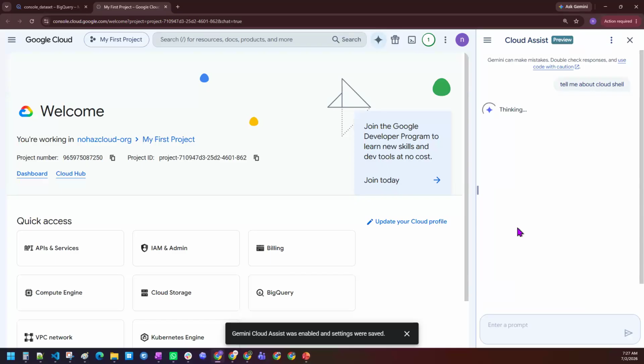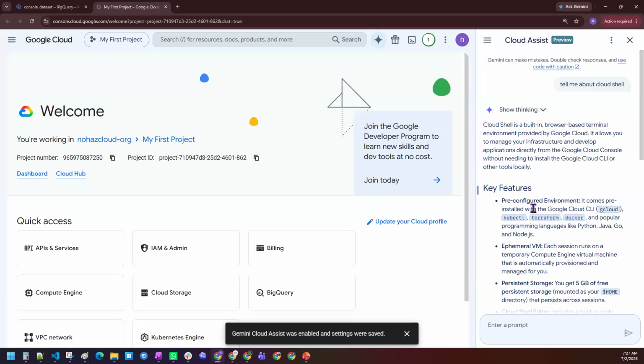Okay, so this is a cloud assistant in the Google Cloud Platform, which will help you to explain things, assist you in debugging, or assist you in any of the activities that you want to do, and it helps you to plan some things also. Just now the API is enabled, so that's the reason it is taking a little bit of time. Otherwise, it will usually be very fast. Okay, yes. You can see here.